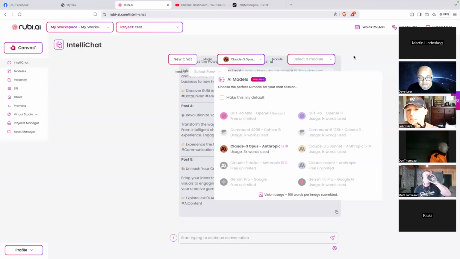How many words or characters, and how long does that take you, so to speak? Of course, it has a limit. We have the Gemini Pro free unlimited and the Claude 3, but for the others you will have to make use of your word credits. For this one, I think it's 1 point for every word used.